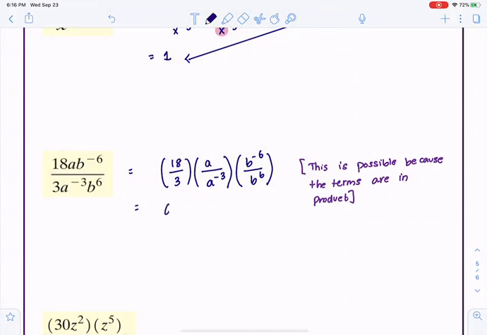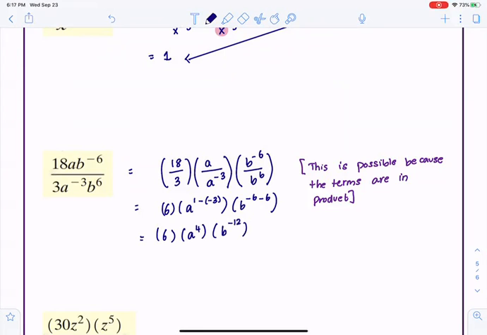18 divided by 3 is 6. The bases are identical in the second term, which is a, which means I could write it as a raised 1, which is the numerator power, minus the denominator power, so minus 3, that is the quotient rule, and b is the common base, minus 6, and if the denominator power moves to the numerator, it becomes minus 6. So we have 6